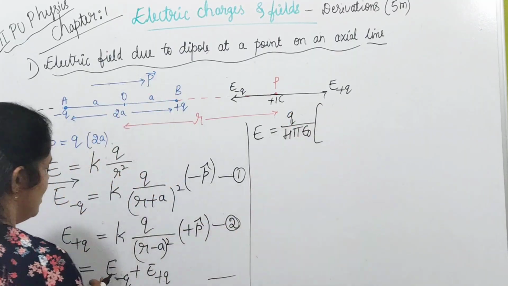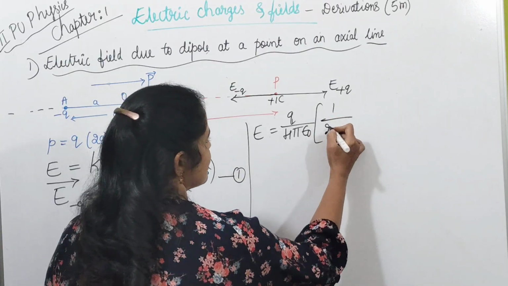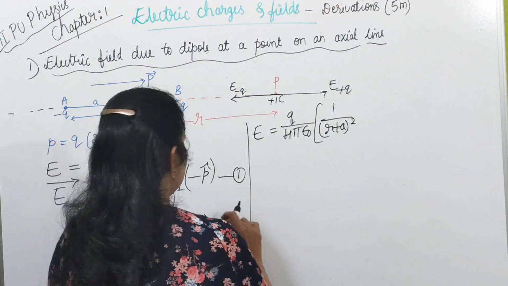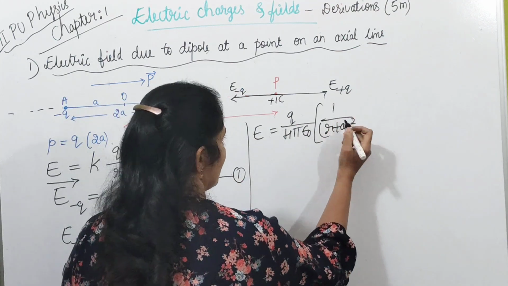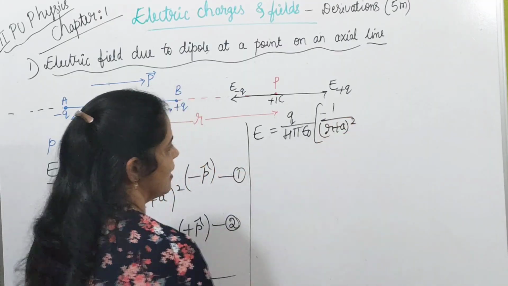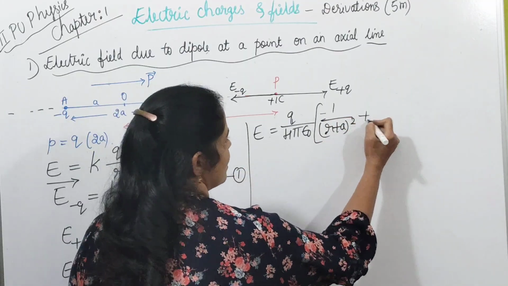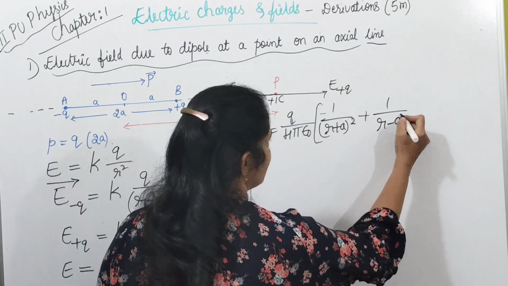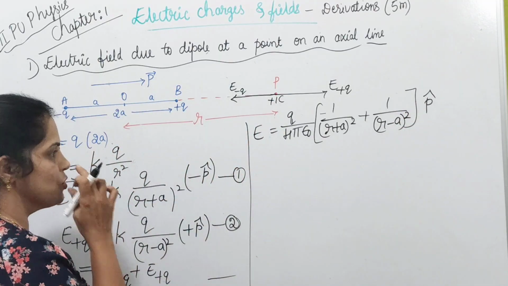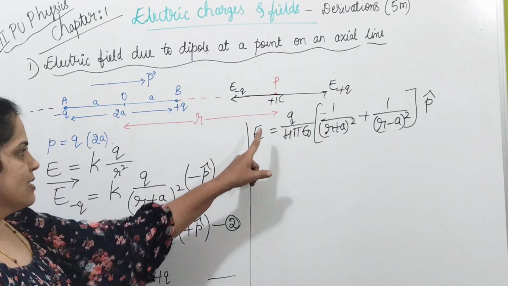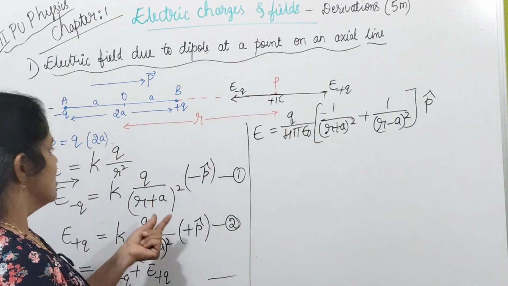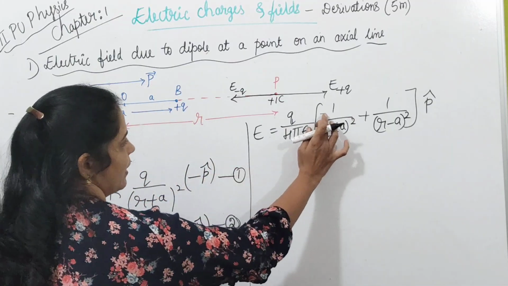And remaining is, here one is R plus A whole square, see here denominator you write as it is, and another one is, so let me write this minus P cap. So minus P cap is there, so I'll write minus here, okay? And next one is plus 1 over R minus A whole square, and P cap let me write outside. So is it clear? Q is common, let us take it outside. P cap is common, I have taken outside. Now, so minus P, I'll write here, okay?